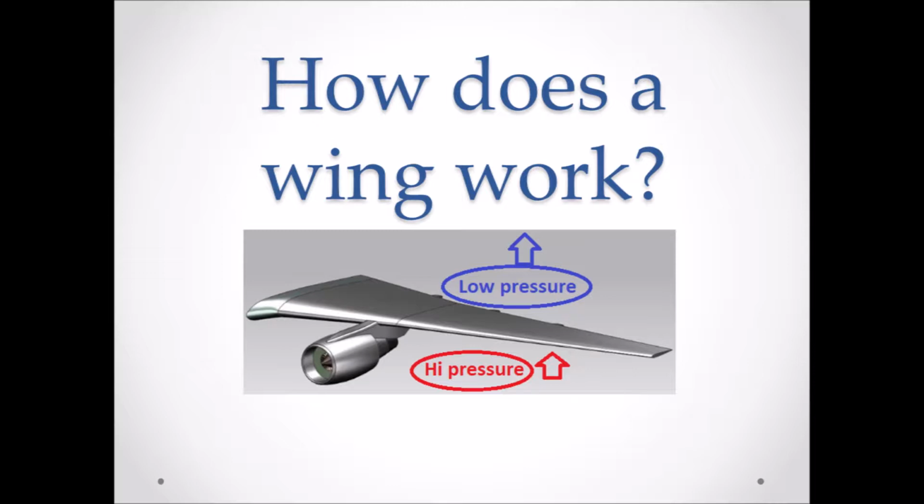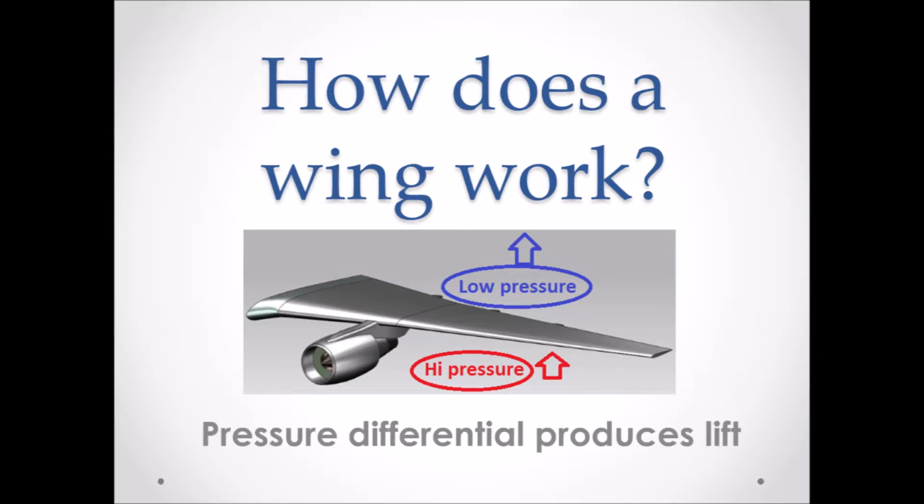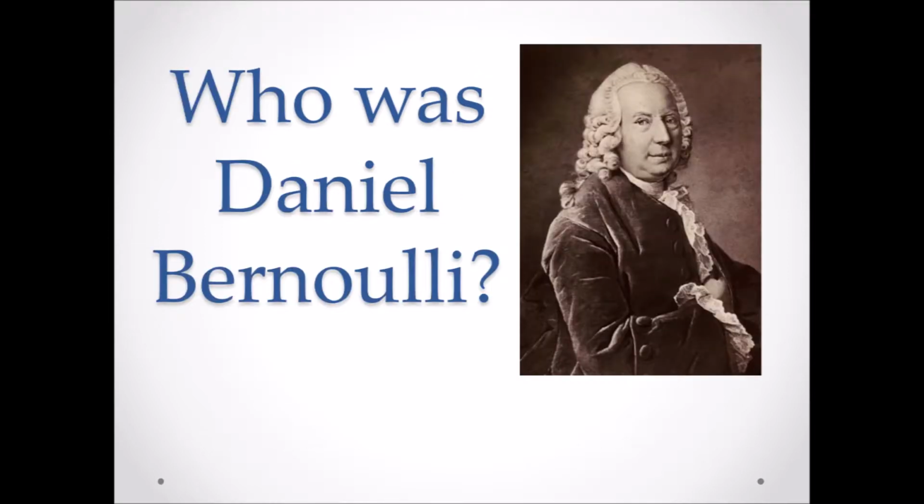Well, when the wing is in motion, the flow of the air on top of the wing creates a low pressure, and the air flowing below the wing creates a high pressure. The difference of these pressures creates what we call lift. You will ask, how do you make a low pressure on top of the wing and high pressure below the wing to create lift? To answer that, let me tell you about this man named Daniel Bernoulli,